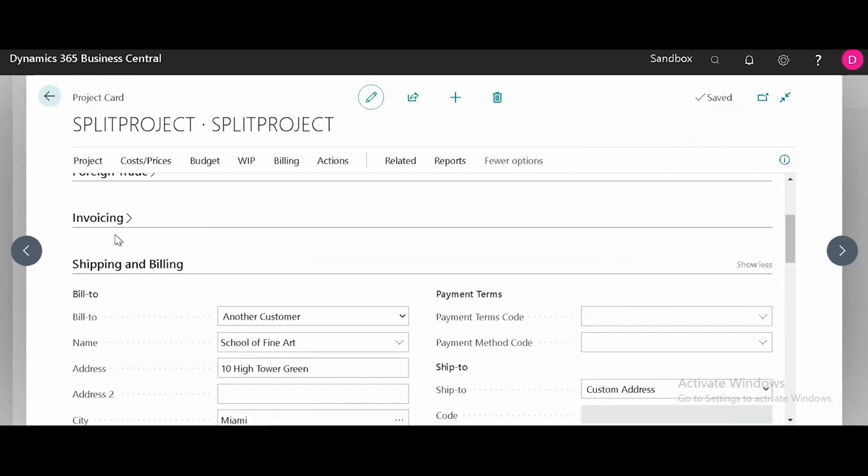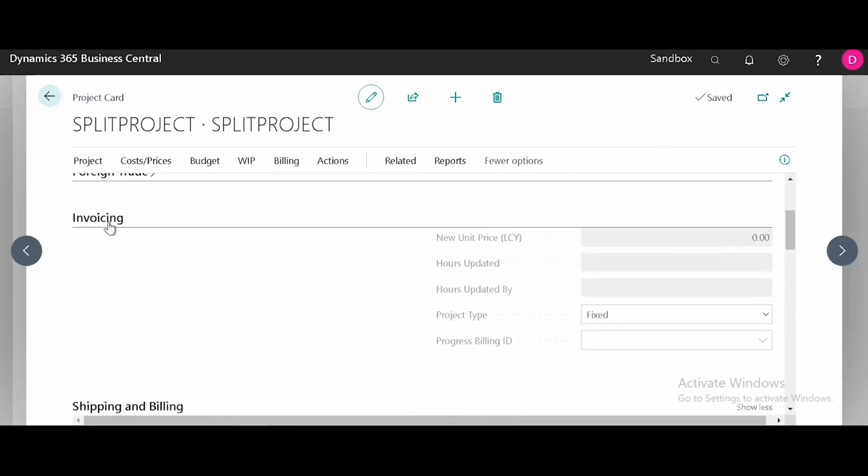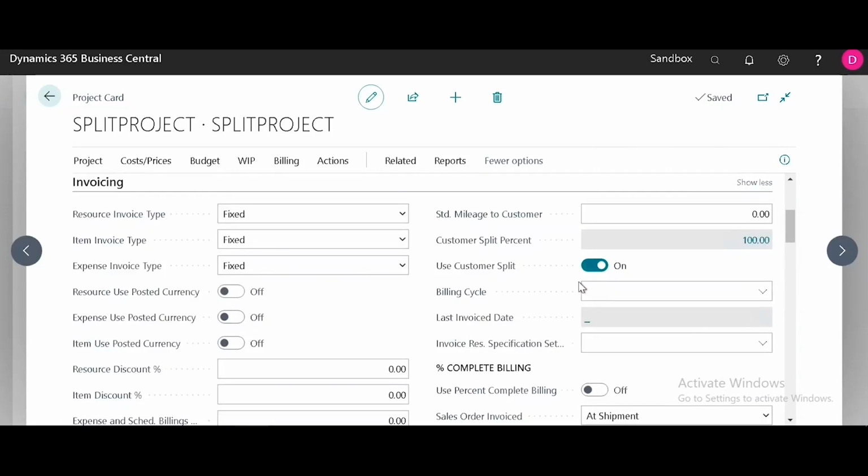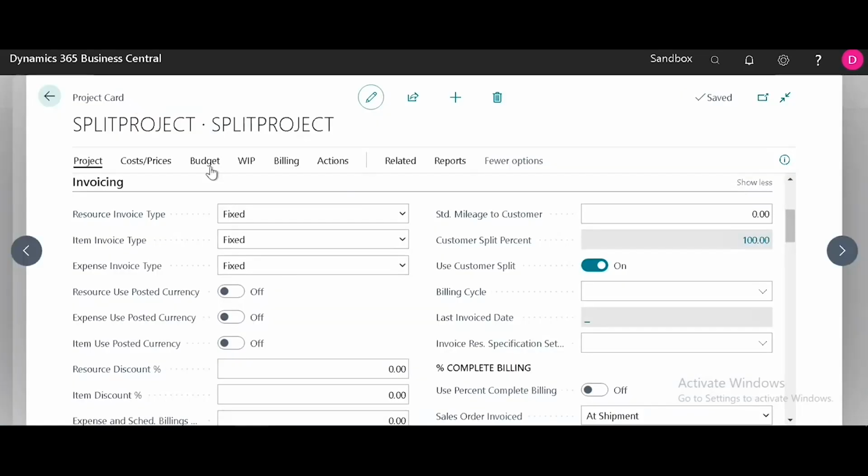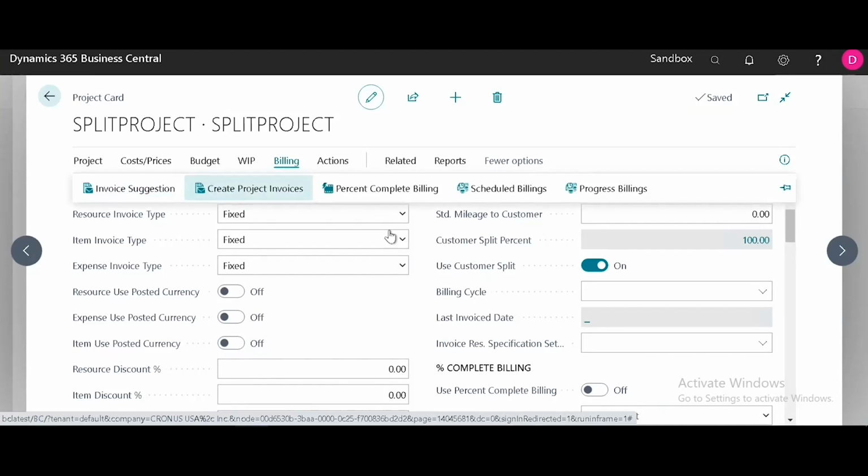Next, let's look at the split customers under the Invoicing Fast tab of the project card. Use Customer Split is enabled. And if we drill down into the customer split percent field, it shows it's divided 50-50 each between customers 10,000 and 30,000. We'll run the create invoice process and